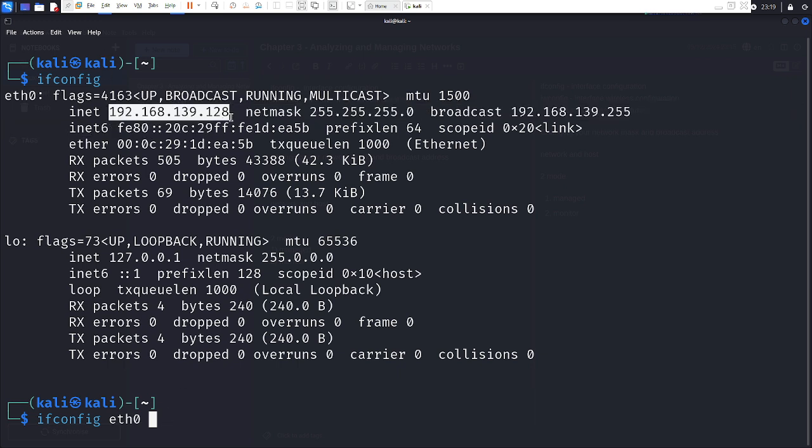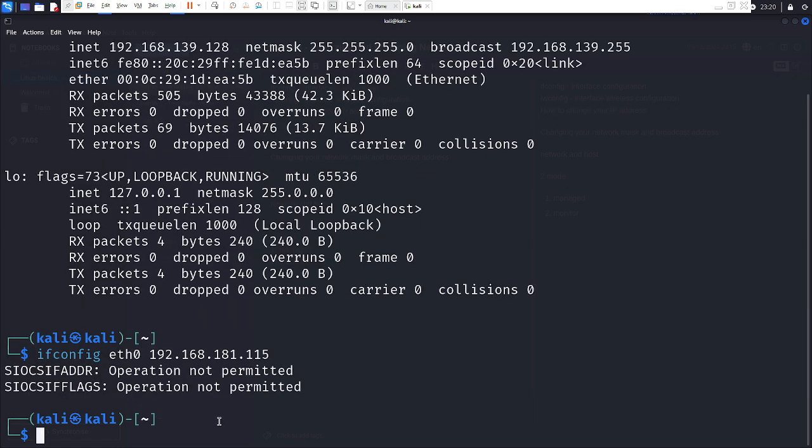In my case, I have eth0 and then I can change this. I will be changing the last two octets, 139 and 120. So if I type 192.168, here my IP address is 139, but I will type 181, and the last octet says 128, but I will type 115. And if I hit enter,